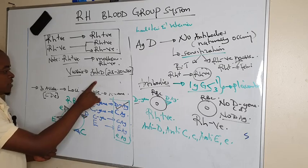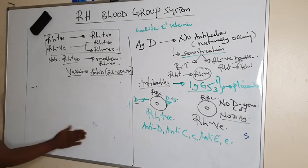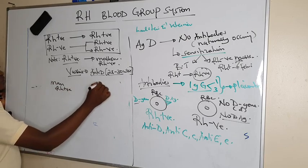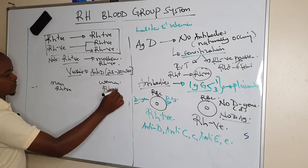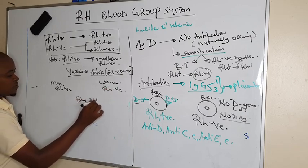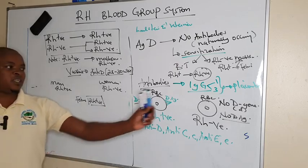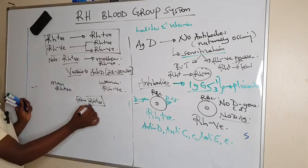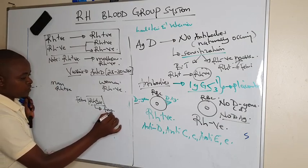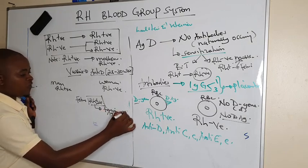Because in case it is not given, we are going to see that if the man is Rhesus positive and the woman is Rhesus negative, upon fertilization their child, the fetus, is going to be Rhesus positive. And because we said these are IgG type, they cross the placenta. This positive antigen on the fetus, the mother's immune system is going to recognize as a foreign antigen, and it is going to command the formation of anti-D antibodies